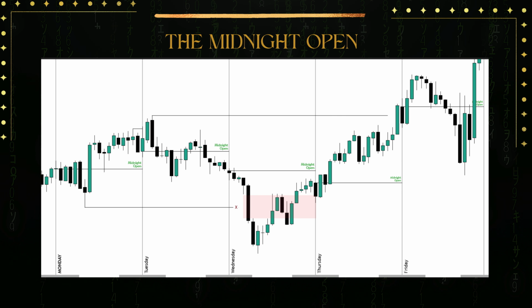for the bullish continuation. The next day, I have a bias. Coming into Thursday, we know Tuesday accumulated, Wednesday manipulated, so Thursday should distribute. We have narrative. The Tuesday high becomes our draw on liquidity. We want to position ourselves below the midnight open using the bearish fair value gap just below as our point